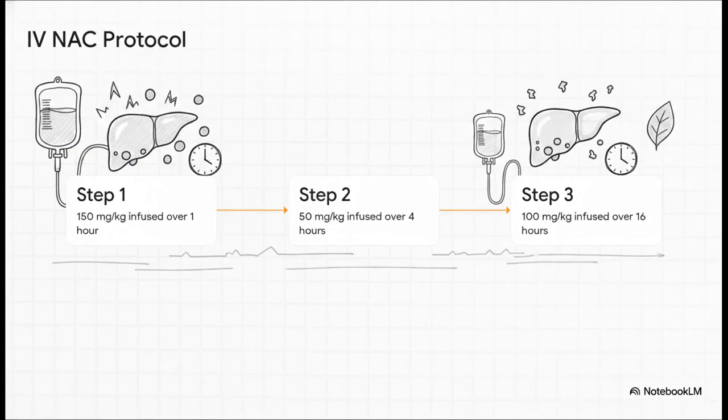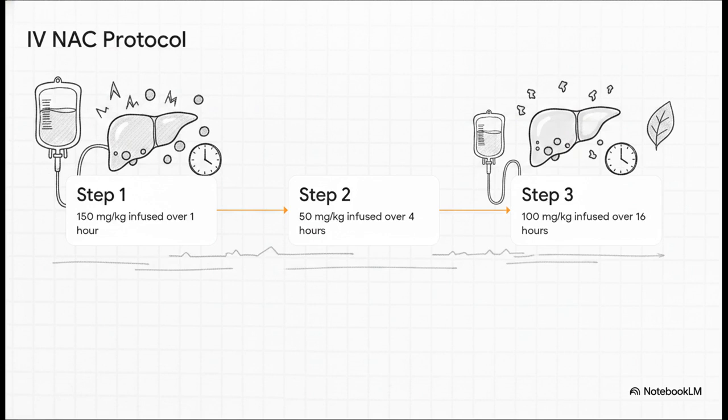To actually deliver this molecular rescue, emergency departments rely on a really strict 21-hour IV protocol based entirely on the patient's weight. And the rationale for this tiered approach is all about pharmacokinetics. We start with a massive loading dose, 150 milligrams per kilogram over the first hour. This rapid influx is specifically designed to immediately saturate those enzymatic pathways and just halt any further NAPQI-induced damage before